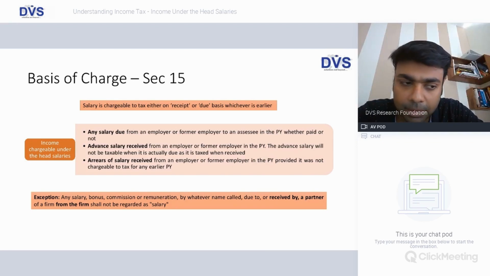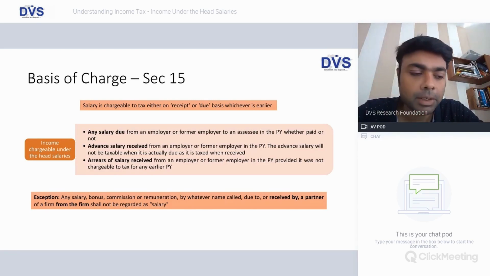If you look at capital gains, the section itself categorically talks about the method of accounting to be adopted under various circumstances. Basically it is on transfer, but there are certain specific sections like 45(1)(a), 45(5) compulsory acquisition, and 45(2) conversion, where the actual chargeability is deferred to the date of receipt of consideration. So there are specific situations in which income gets taxed on an accrual basis and certain circumstances on a cash basis.